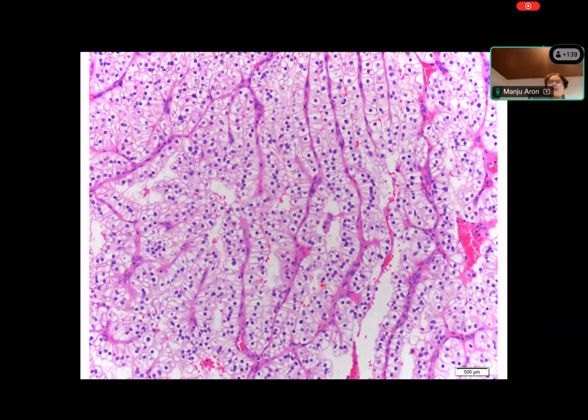And this is to show you some of the heterogeneous features that you can see with clear cell RCC. Here, it almost looks more tubular. And this is just to show you how sometimes it can also show this vague piano key-like appearance, which you see with clear cell papillary renal cell tumor. So clear cell RCC is a great mimicker. It can really look like different tumors in different areas.